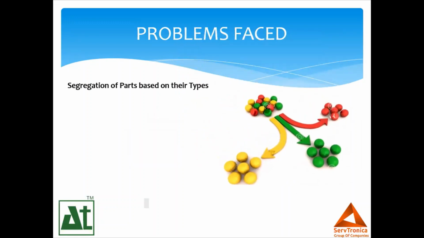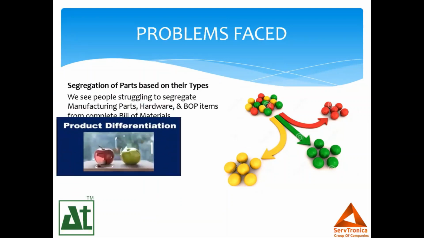Next is the segregation of parts in a machine. In a given machine, the initial concern of the production manager or production engineer is only the manufacturing parts. And the purchase team wants to know what the hardware items are, in any given machine or order. As soon as they receive the complete bill of material, they start segregating it according to their concern and start releasing the orders or production parts accordingly. So again, a manual, tedious job.